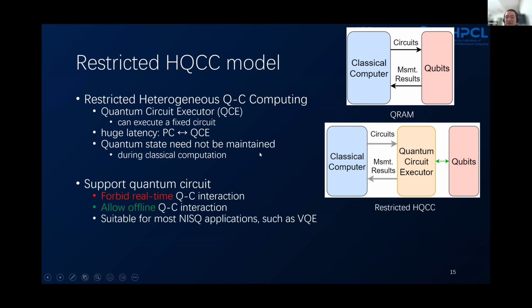This is suitable for most NISQ applications, such as the variational quantum eigensolver and other variational quantum algorithms. Some examples include Cirq by Google, Quipper by Dalhousie, Qiskit, and ProjectQ, which lack result-based binary control.